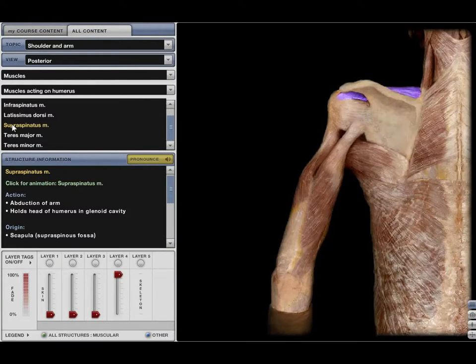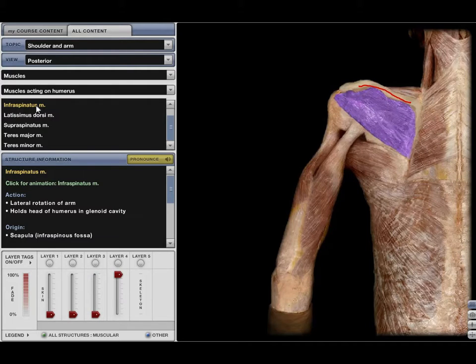Okay, so back to the posterior muscles of the rotator cuff. Just inferior to the supraspinatus muscle, you can see the infraspinatus muscle, highlighted in purple. This muscle is named because it sits just below the spine of the scapula. And in your cat, you can really feel that spine between the supra and infraspinatus muscles. So if we take a closer look here,